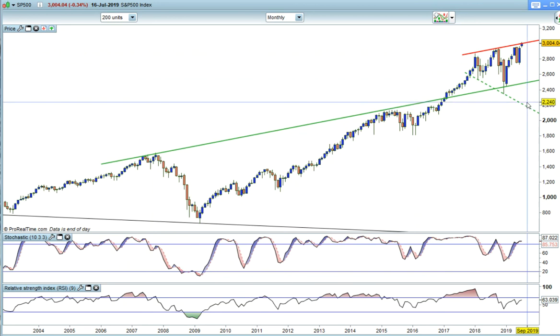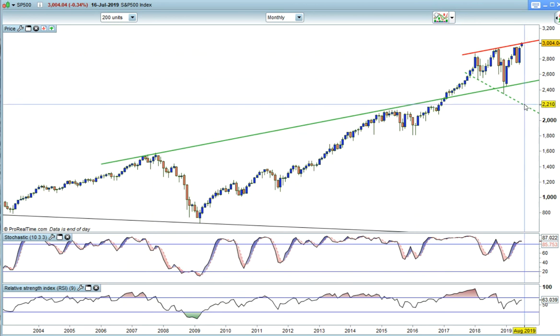Now, where this becomes interesting is if we take out 2200. That's a long way away, so I'm not even going to go that way to be able to trade. But my point is that you can use charts, you know,